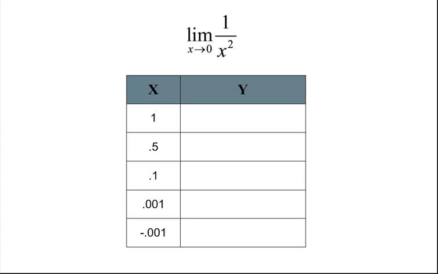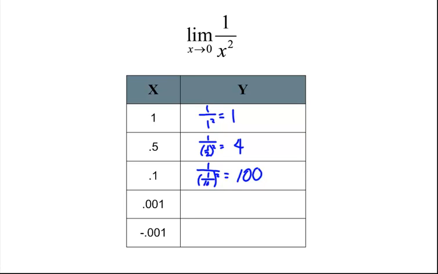can see that if we plug in 1 to that, we get 1 over 1 squared, which is just 1. If we plug in a half, we get 1 over a half squared, which is going to give us 4. If we plug in a tenth, we get 1 over 1/10 squared, which is going to be 100. If we plug in